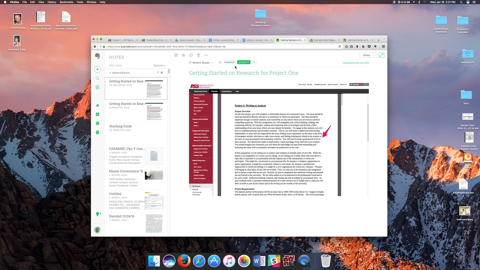So I find it a really easy way to interact with online course material. It sort of mimics what you might do in the classroom. So if a teacher were to give you a paper assignment and you're taking notes in the margins, you're keeping this in your other notebook, that's one way to do it with physical paper. But Evernote provides a platform for you to do this online in a multimodal way. So you can go through this video, listen to more about Evernote and how you can use it, but I think it actually